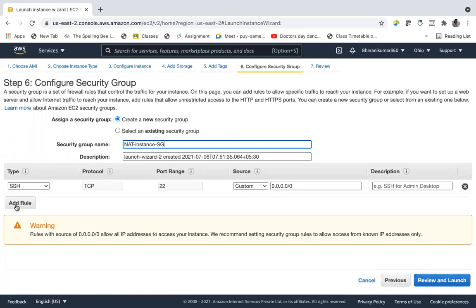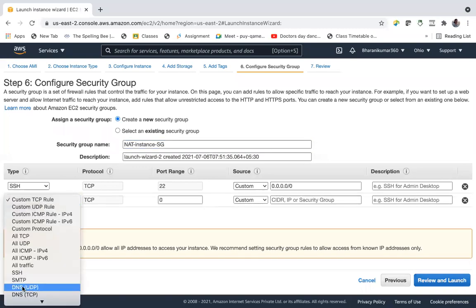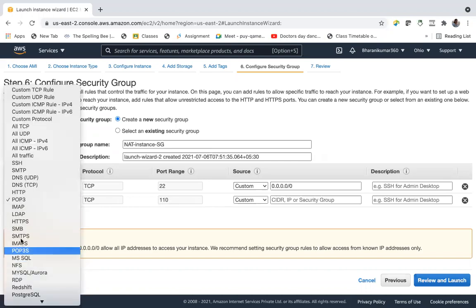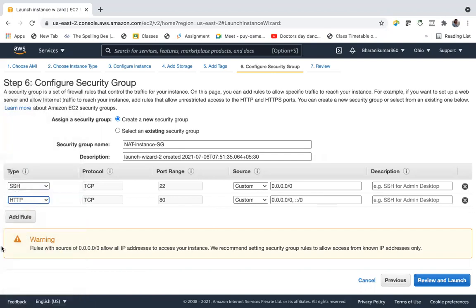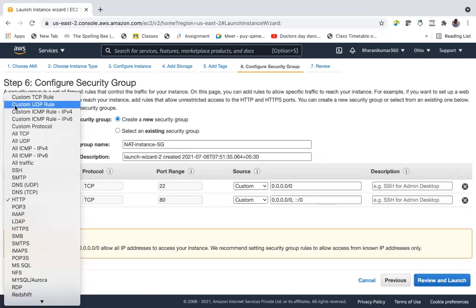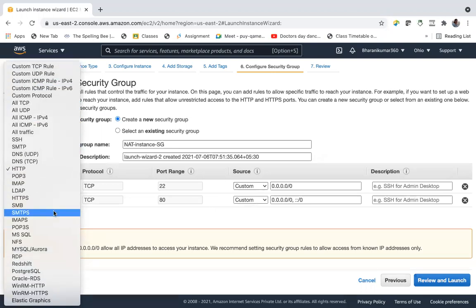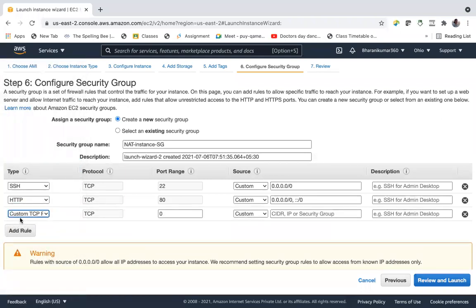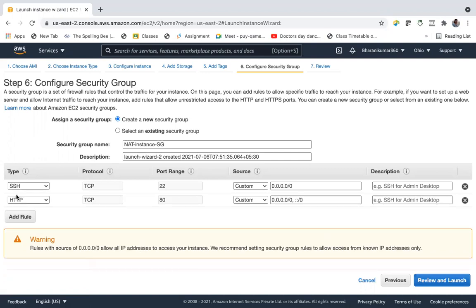And to this NAT instance security group we will add an HTTP rule, as usual, HTTP rule or custom TCP rule. You can choose any one. Let's keep HTTP and add one more rule. Let us add this rule later. First, we will launch our instance.